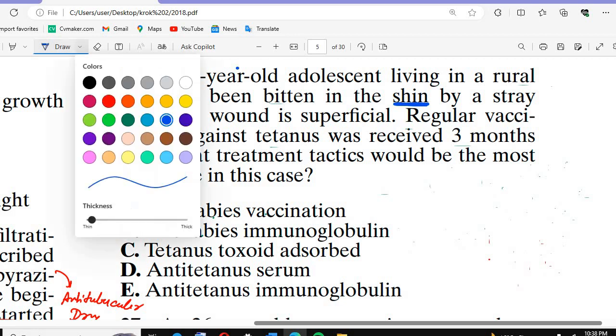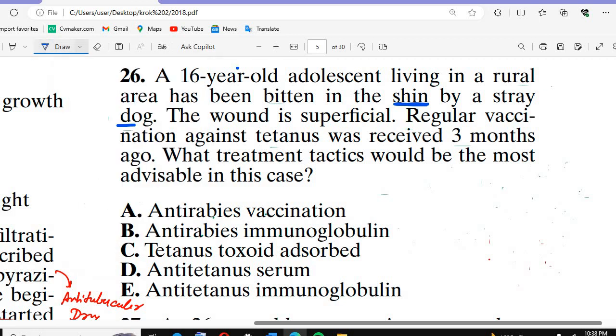So we discussed that if it is any dog, rabbit or any animal, it will spread rabies. Now this wound is superficial. Regular vaccination against tetanus was received 3 months ago. What treatment tactics would be the most advisable in this case? So we discussed that